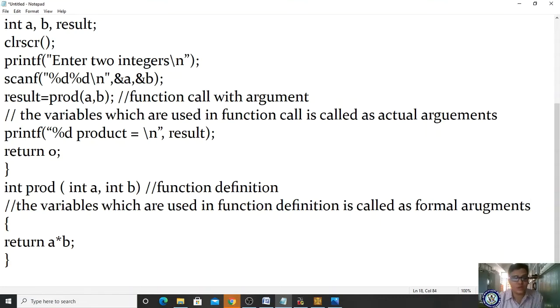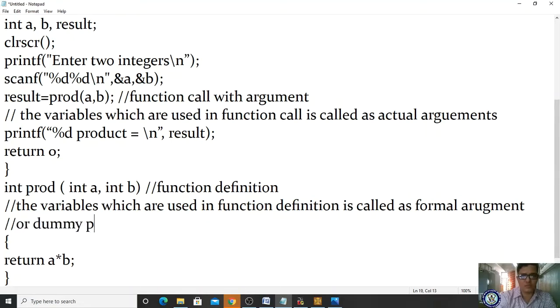Formal arguments are dummy parameters. Okay, so to understand here, instead of int a I am taking it as x, and instead of b I am taking y, for your understanding purpose.